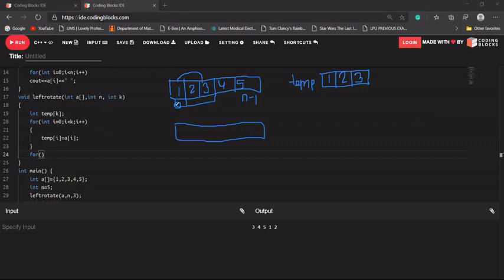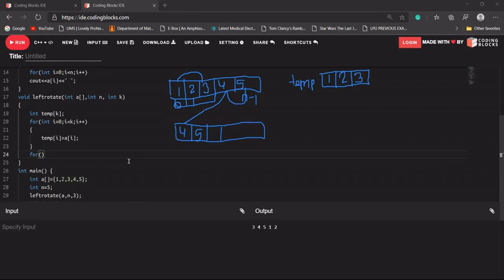It will start from 0 up to 2 only, because we are left with only 2 elements in the last. So we'll shift 4 here, we'll shift 5 here. After that we'll copy the temp array into this.